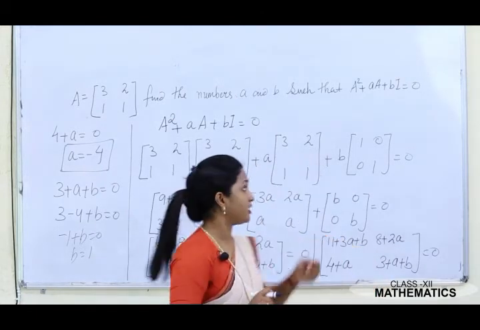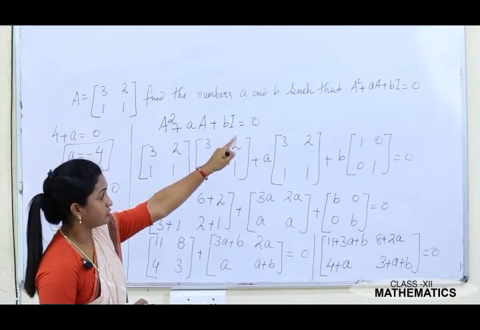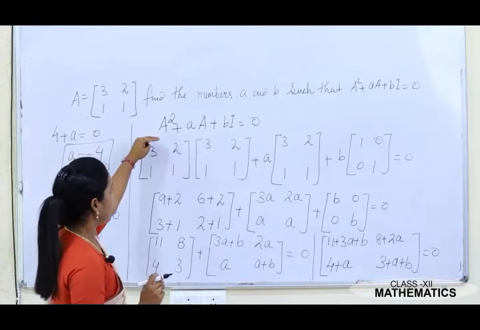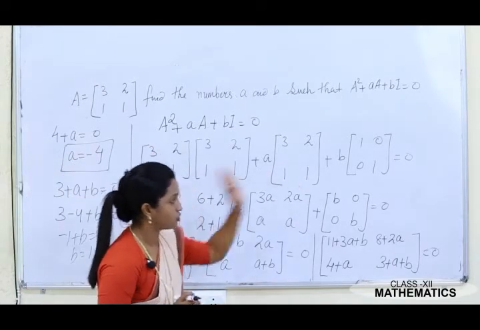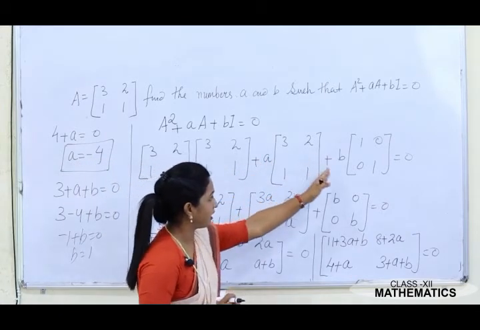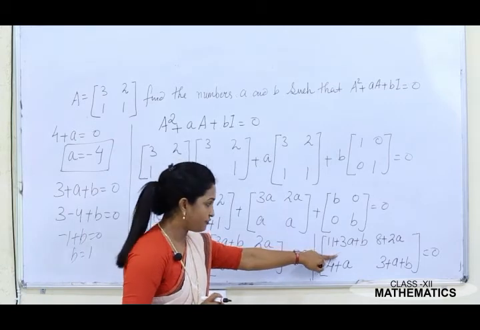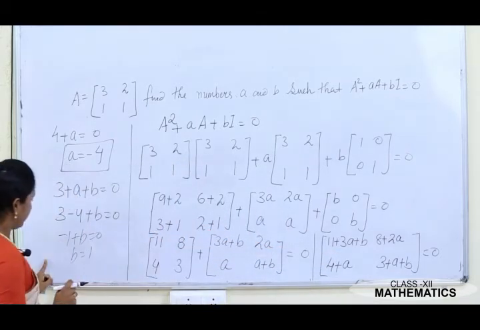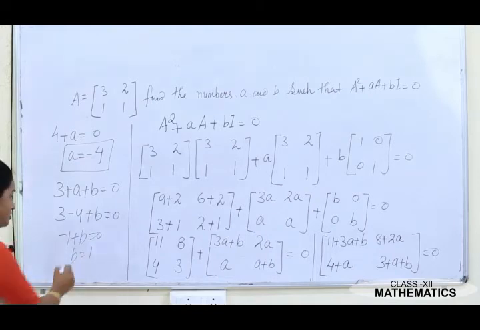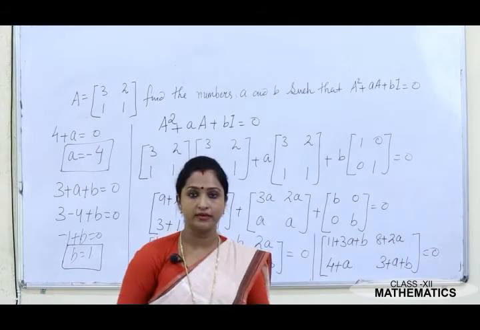So once again I am explaining, look at here. This is a question, you have to find the value of a and b, the equation is given to you. So what will you do? You will substitute the values in their places. After substituting, multiply, a also multiply inside, b multiply, frame the equation like this. And after framing, equate it. And you will observe that you are going to get a as minus 4 and b as 1. Clear children? Okay. So let's see the next question here.